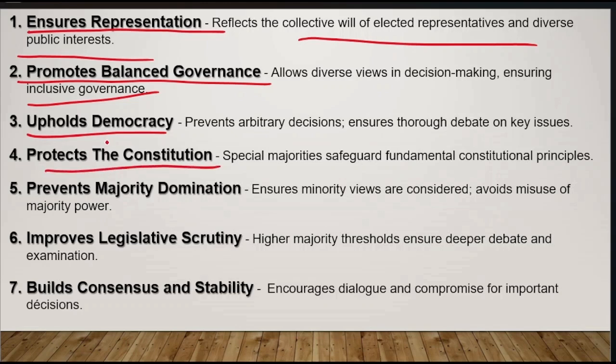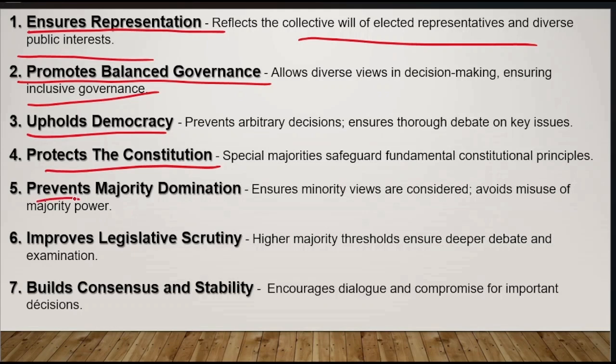Now next is protects the constitution. So obviously we are having certain special majorities. For example, the constitutional amendment, যদি কেউ constitution change করতে চায়, so that means they need to amend article 368. So how they can achieve this one? It's not that this can be achieved through a simple majority. No. This needs to be achieved through a special majority. So in other way, we can say that these type of special majorities protects our constitution.